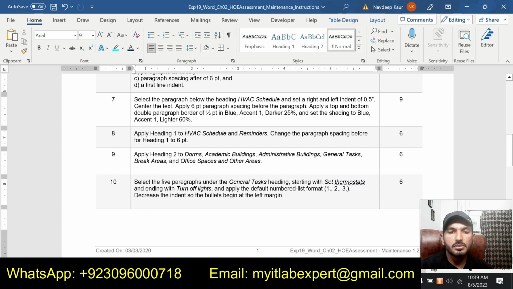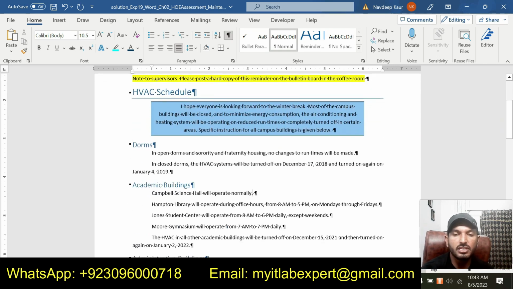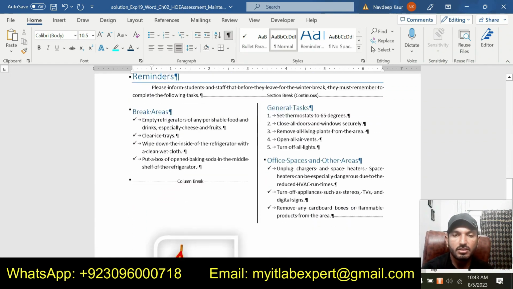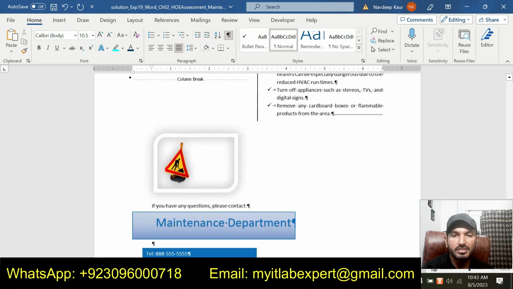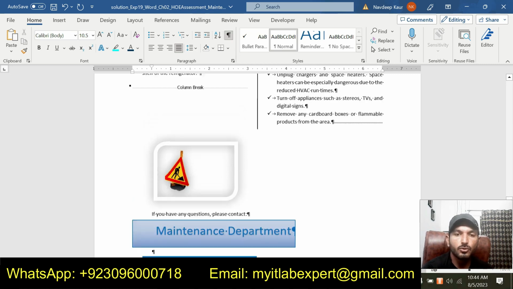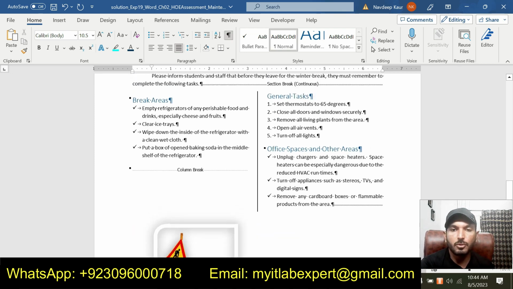I have solved 9 complete steps, but for the remaining steps I will just give you an overview. So this is the final form of this assignment. When you apply the remaining steps, you will get a final form like this. So this will be the first page and this will be the second page of this assignment. So please have a look at this final version of this assignment and you will do the remaining steps and get a final version like this. I have shown you 9 complete steps in this video, but for the remaining steps I am just showing you this final version so that you can get an idea about the assignment.